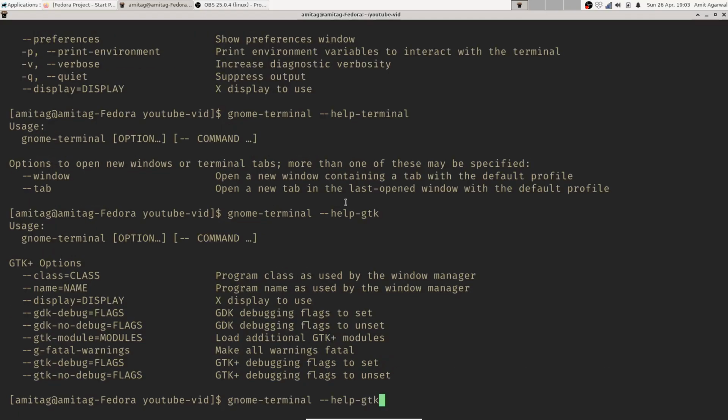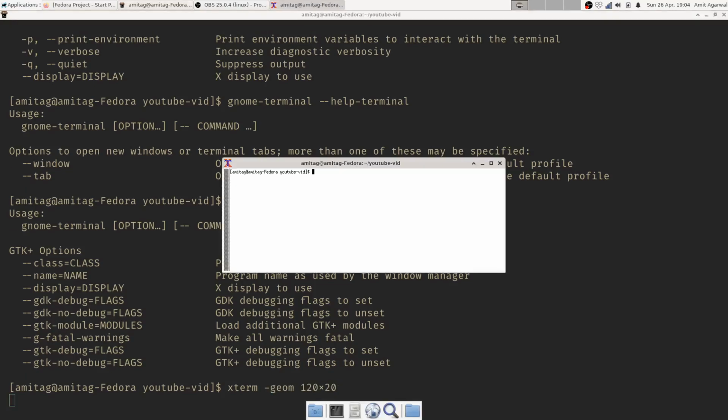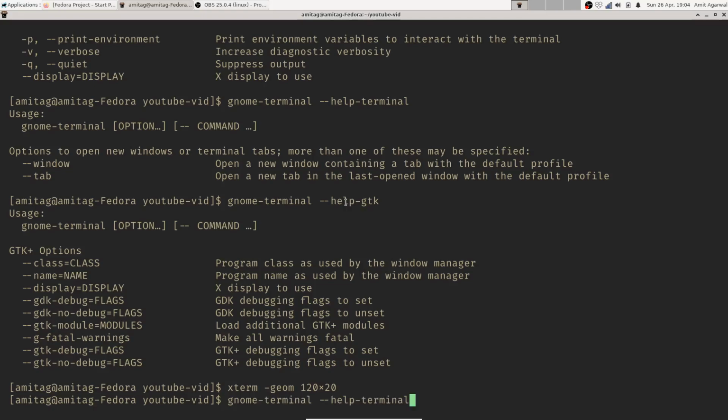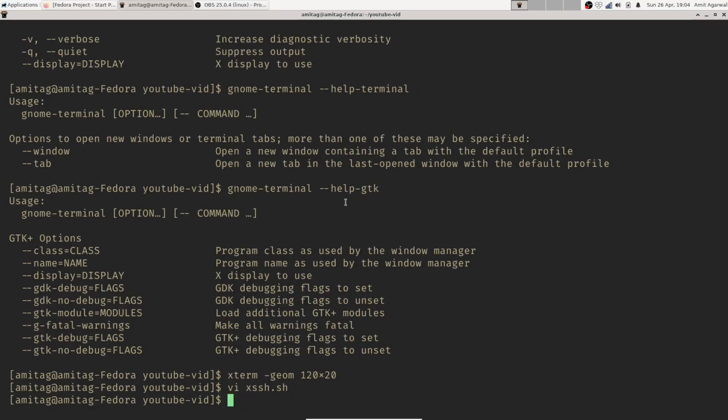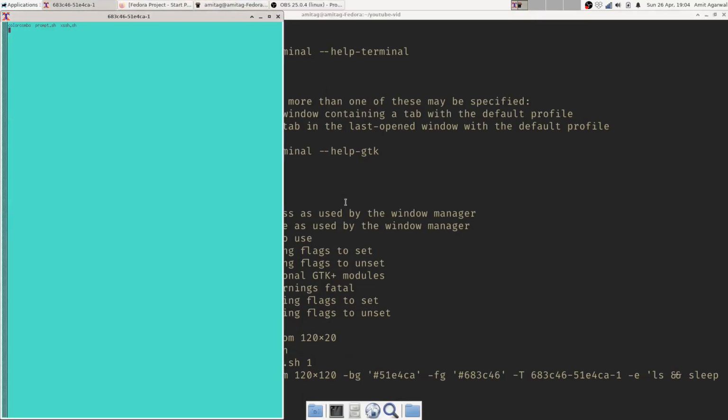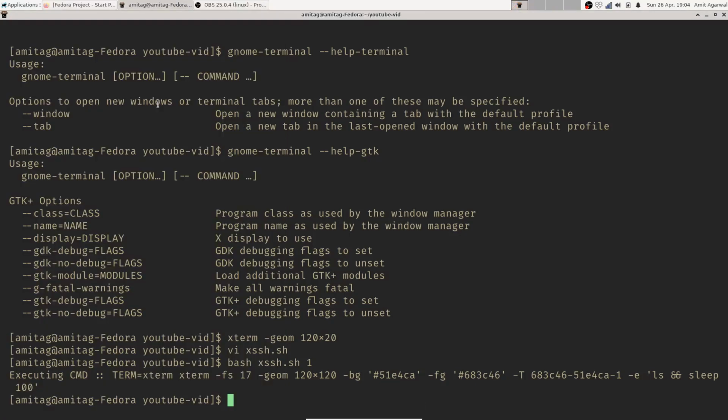I don't really use Gnome Terminal so much, so I'm not sure about it. But as you can see, all other options are working. Okay. So geometry works, as you can see. So I can show you with geometry. If I want to change my geometry, I can just change 36 to, let's say, 120. So I'll get another square terminal. Now I can run this with some parameter, and you can see that the size of the geometry has changed.